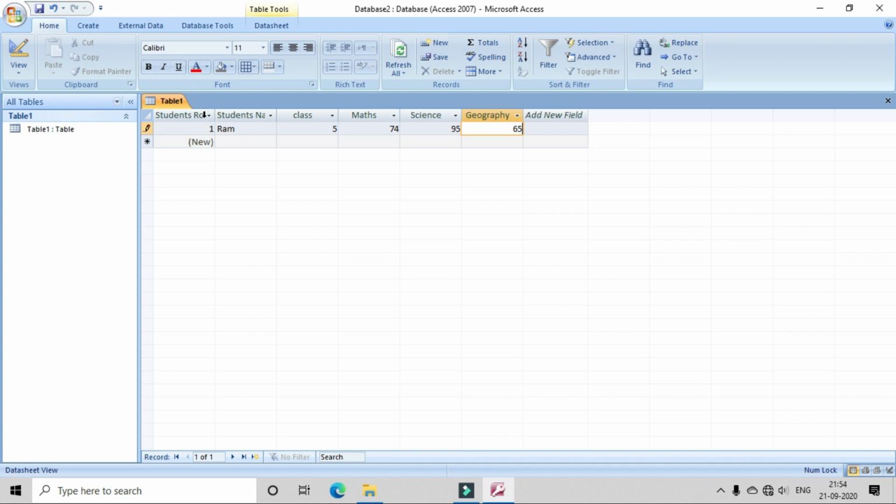We have to click on the student name field. As I click here and start typing the name, automatically it will change to roll number 2, because primary key is applied here, which is unique for every record.